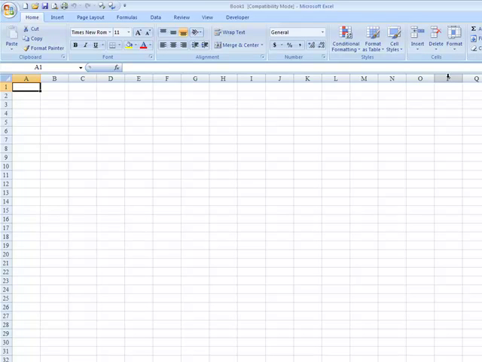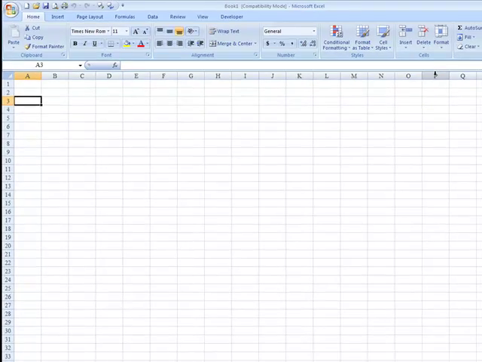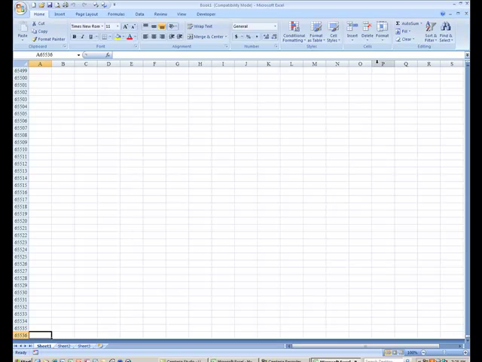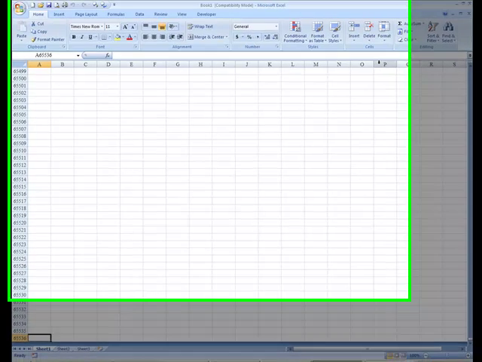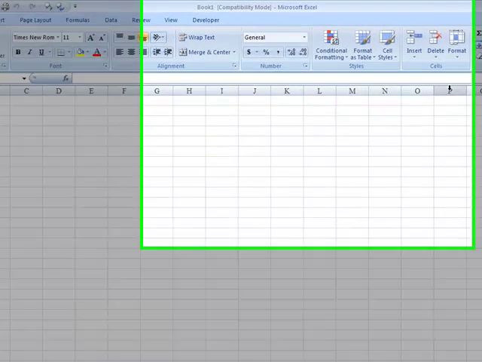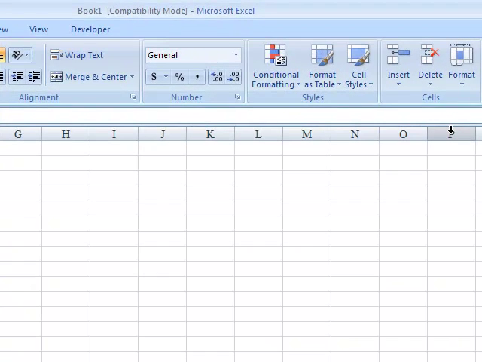The rows are numbered 1 through, and since this is currently an Excel 2003 file, even though I opened up Excel 2007, the way my system's set up is it saves it as a 2003. You'll see if I go End, Down that there are 65,536 rows. If I hit Control Home, that puts me back to the A1 cell. So you'll notice as we refer to different cells in Microsoft Excel, we will refer to the column first and